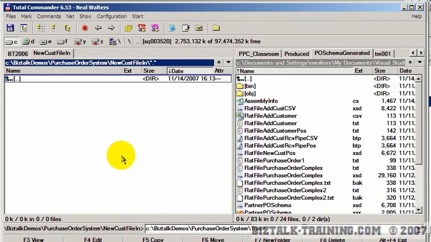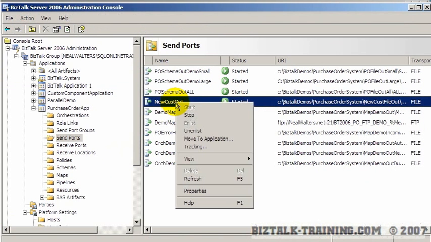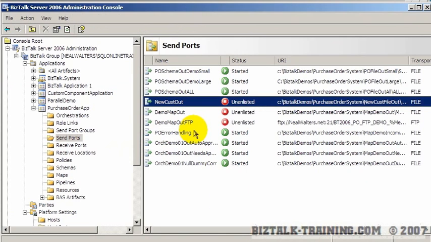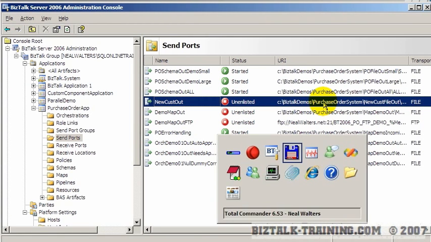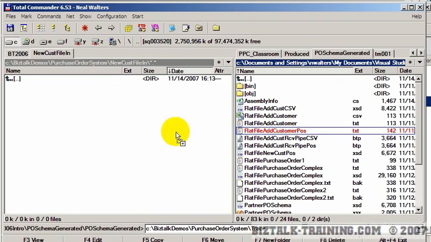Okay, so now let's come over here and totally stop the port, which is where these words get confusing. Unenlisted is the lowest state that the port could be in. So now it's totally turned off. Now if we drop the file again,